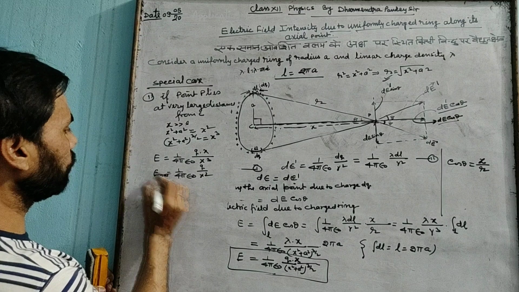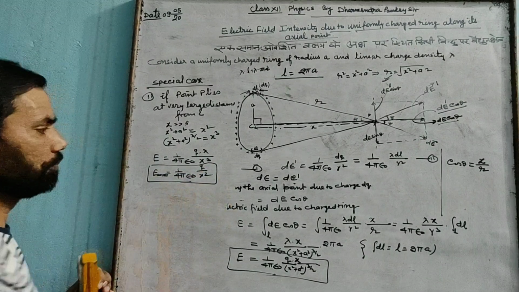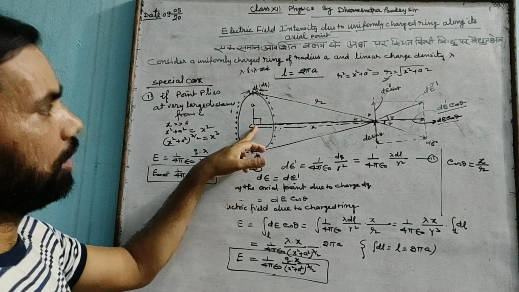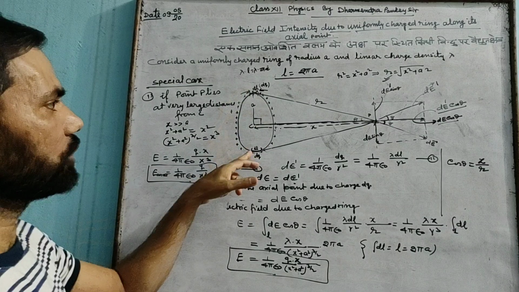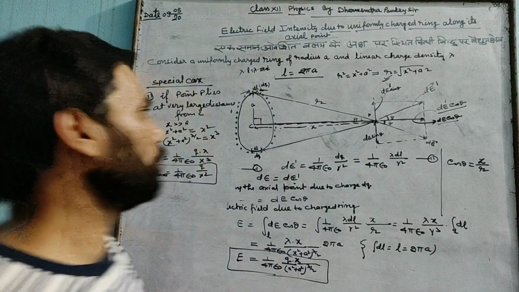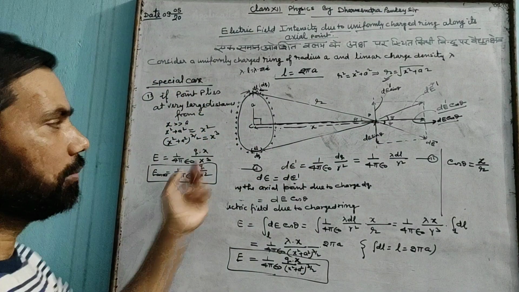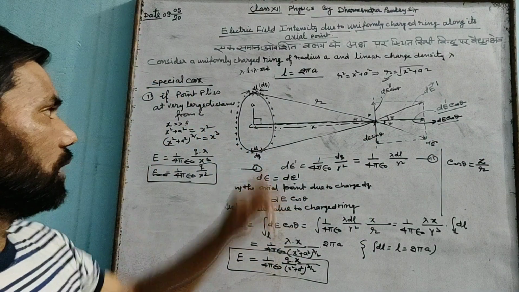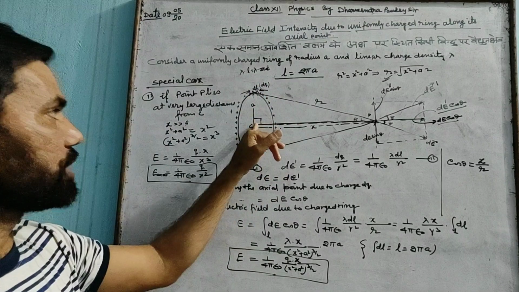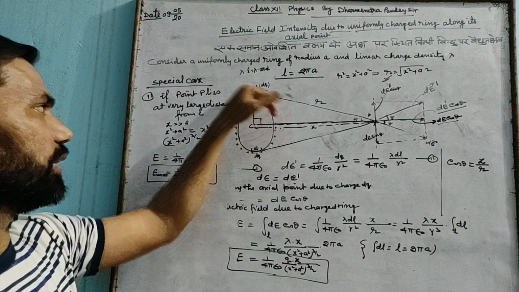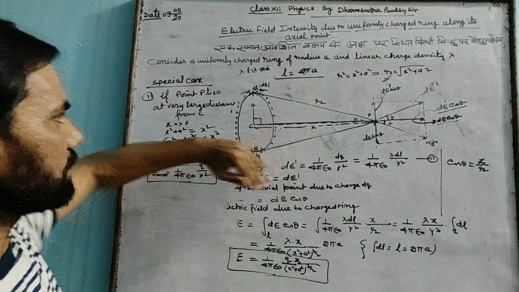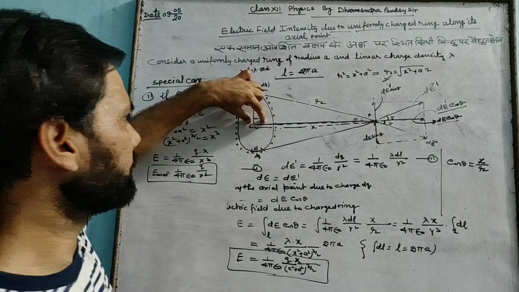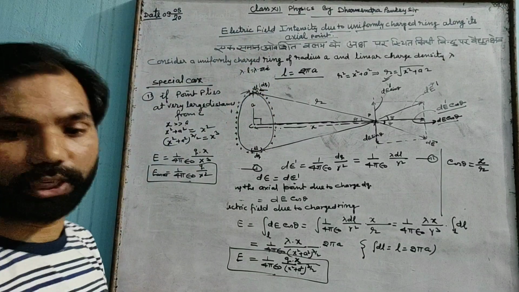Okay, axial point. So this expression is very similar to the expression we have obtained for E due to a point charge at a distance x from the point charge. This looks like that. It means for a very large distant point of observation, this ring behaves as a point charge, or you can say it seems that the whole charge, rather than being distributed on the circumference, is distributed at the center C.